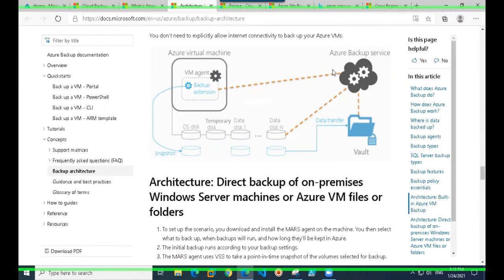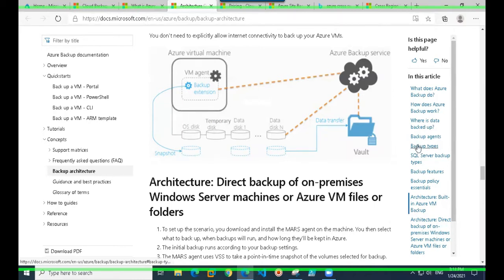When you initiate a backup, the initial thing that happens is that it takes a snapshot. This snapshot is stored in the same storage account in which your disks are, and then is transferred from this storage account to the recovery services vault. This might take a few hours to 24 hours or so.